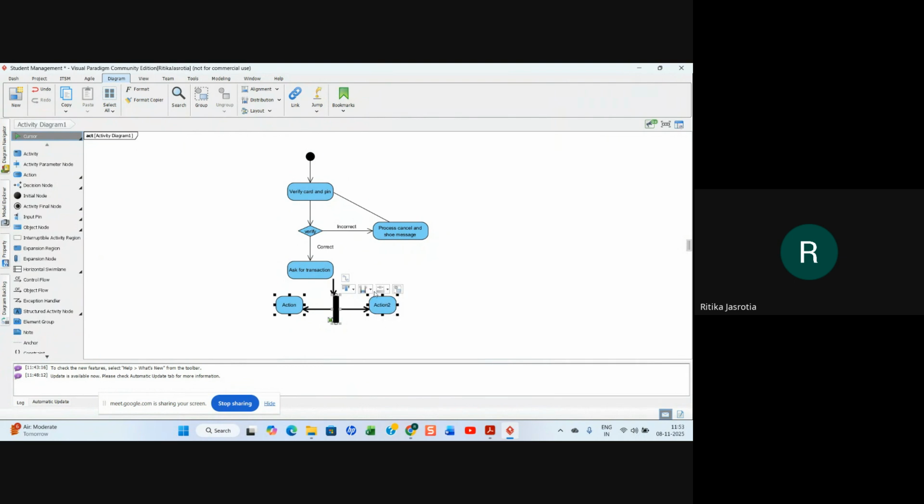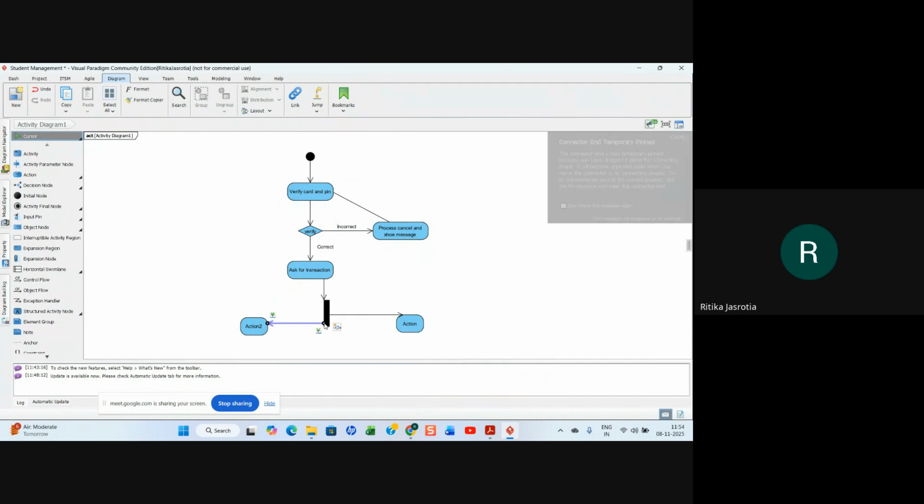This is horizontally. So it is coming like this only in this.